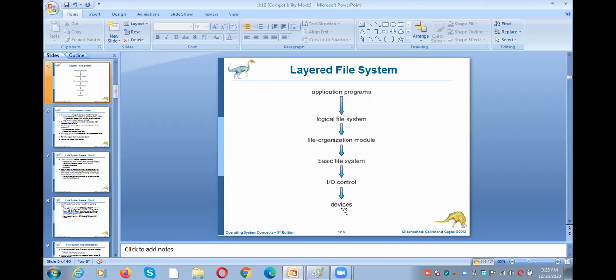So there you have a printer, and with the help of the printer, we can take the printout. Or else, if you want to read the file, for example block number 14, you want to read the information from a file. The request has to start here, and then it will be forwarded to the logical file system, then to the file organization module, then to the basic file system, and then to the I/O control. At last it will reach the device. So there we can read the information from a disk.